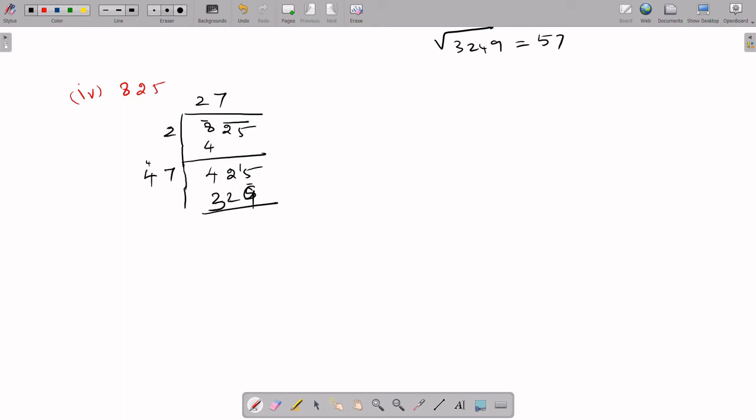and here when you're subtracting, 15 minus 9 is 6, and here you have 11, 11 minus 2 is 9, 96 is that. This is greater than this, so 7 is also not possible. Okay, 7 is also not possible, so we try with 8, and 8 8s are 64, and remaining you have a 6,